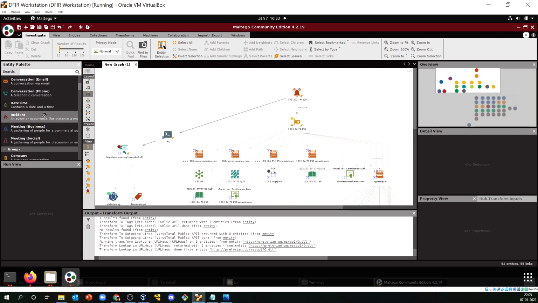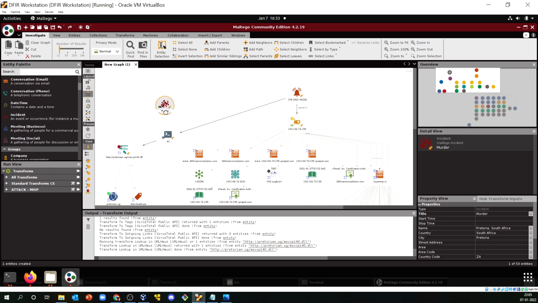Okay, so there is an incident, right? So this particular thing is totally out of context. The way Maltego has been designed is to work on actual cases. It might be something like a sophisticated murder case or something like that, but we are using it as a security incident case, right? So an incident in our terms could be anything which is related to a security breach, right? So in this particular Log4j case, you might have an incident up and running, right?